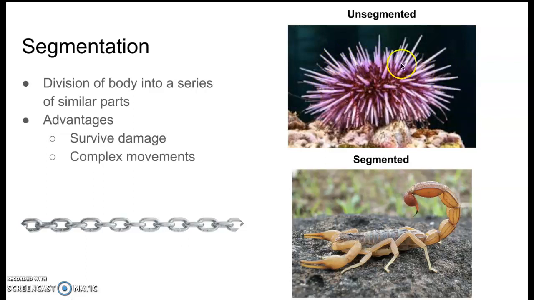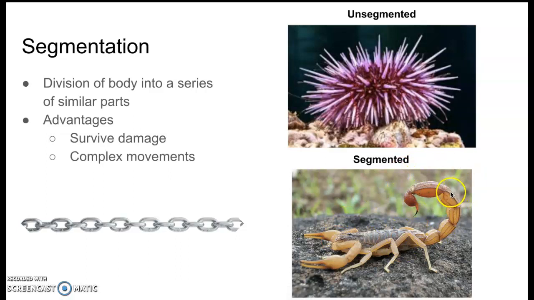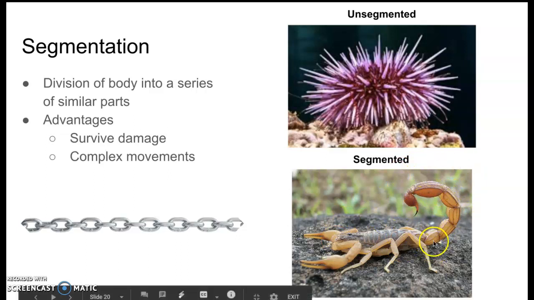If I take this sea urchin, for example, and I cut it in half, there are no sections. All the mass, all the internal organs are all blobbed in the middle. So essentially everything will spew out all at once. If this organism loses its pincers, the organism will probably be okay. It only lost a pincer, right? Or you can lose a leg. So they're segmented because its organs and its complex body is divided into places, segments that